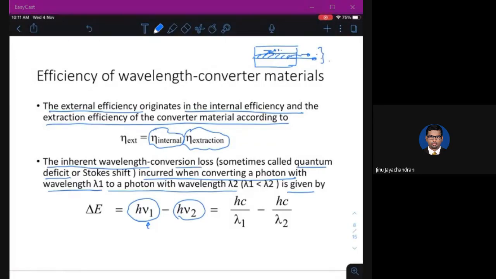Here lambda1 is the generated wavelength, for example from the blue LED, and lambda2 is the wavelength of the converter.